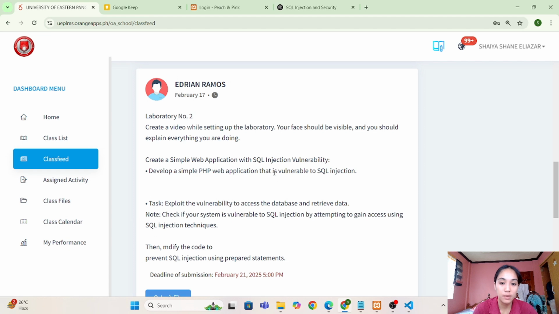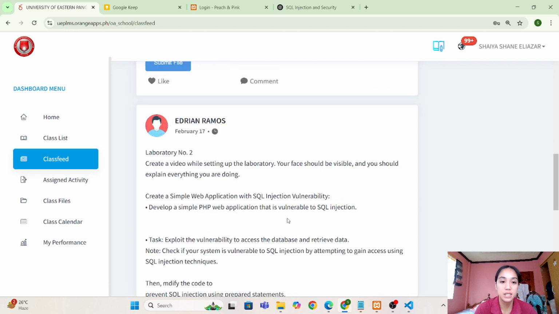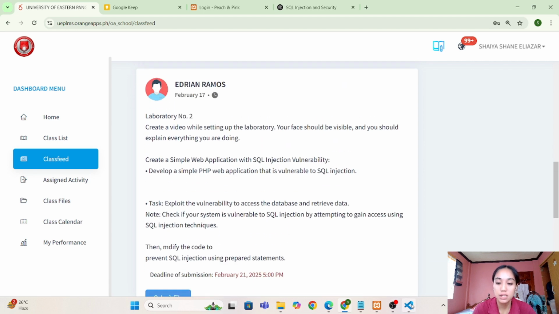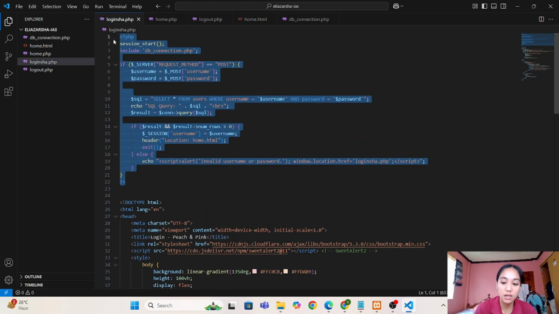After developing a vulnerable SQL injection web application, I will modify my code to prevent SQL injection using prepared statements. So let's go. I will just change this PHP.